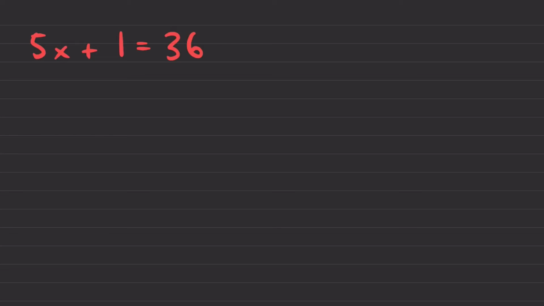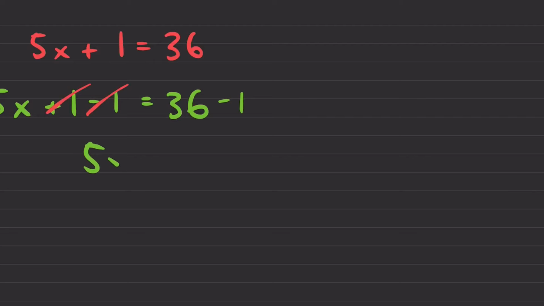The first operation that I'm going to undo is the plus 1. So I'm going to write this whole equation again, and I'm going to write 5x plus 1, I'm going to leave some space, equals 36. Okay? And the operation that I'm going to get rid of is the minus 1. And you'll see that when I do that, I can do it to both sides of the equation, and the plus 1 and the minus 1, they just cancel out. Okay, so I'm left with 5x equals, well, 36 minus 1 is 35,